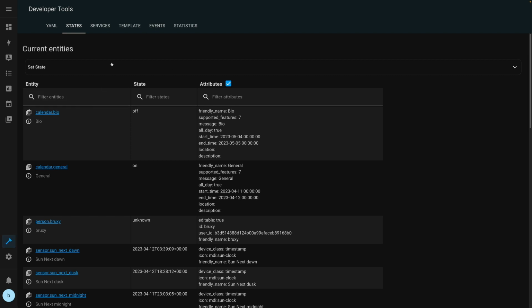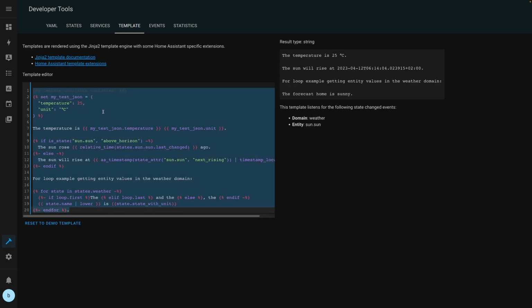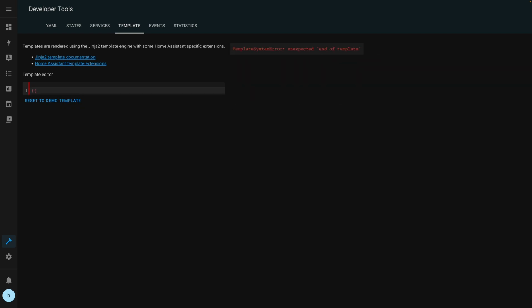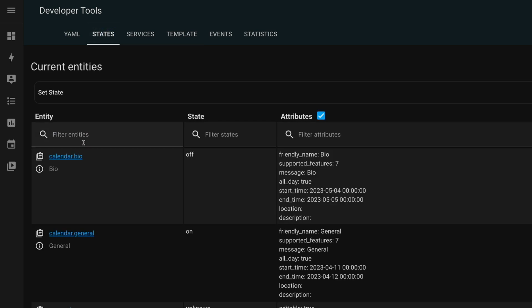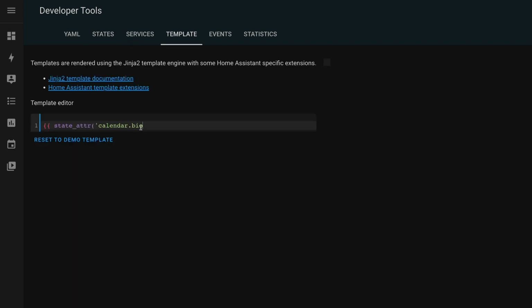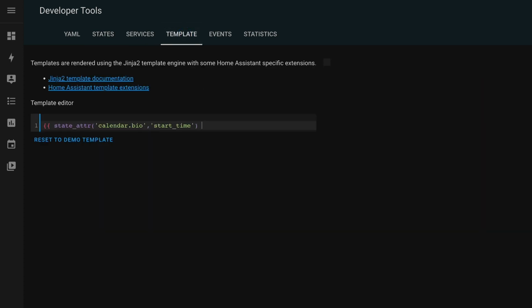But before we create the templates, we can debug them in the template editor. So I'm going to delete the default one and let's create a new one. And this template is going to be using the state attribute. And I will go for the bio. So I'm going to copy the name of the entity. Then I need the attribute and I will again pick the attribute start time. I'm going to copy it because I'm lazy typing. Close the bracket, close the curly brackets, and it's going to return the value of the attribute, so the May